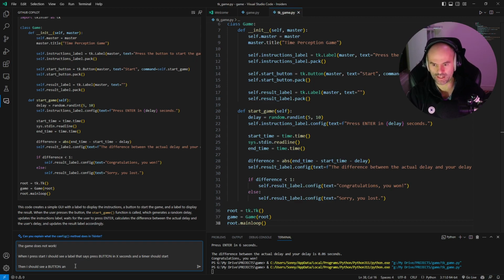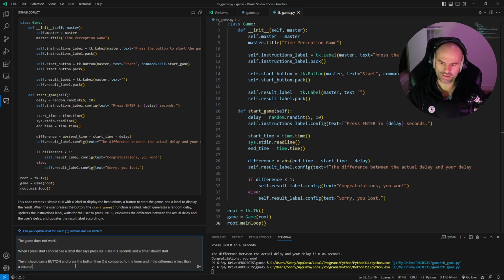Then I should see a button and press the button. Then X is compared to the timer. And if the difference is less than a second, the user wins. Otherwise,